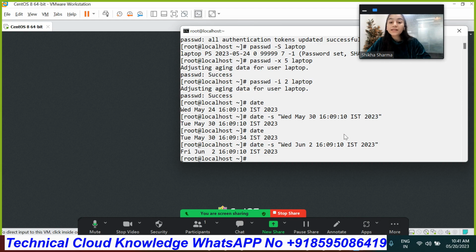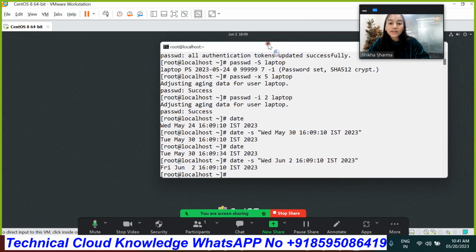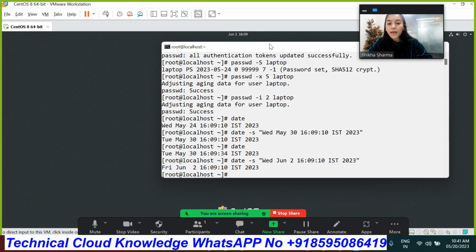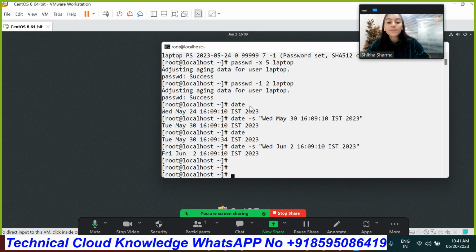All these 7 fields, the basic information regarding them is that. Okay, I hope you are clear with all these fields. So we are able to know about the password policies and password status, how we can check the status, and understand these policies too. Okay, so this is the passwd command. And one more thing I would like to tell you: we have discussed how we can assign a password to the user by the root user.